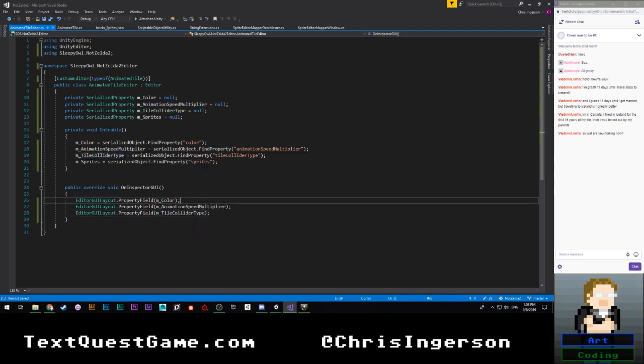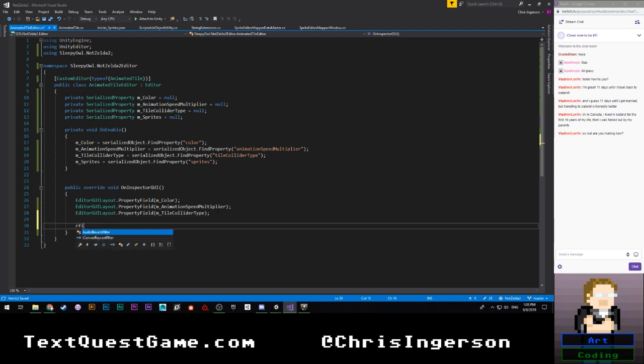Ideally, we're not going to work on it today, but ideally we would have a property drawer for the animation speed multiplier to render that as a range slider, which basically will make it easier for people to set values, but for now we're fine just having it be a standard Vector2 field. All right, the next thing we want to do is we're going to say EditorGUI,